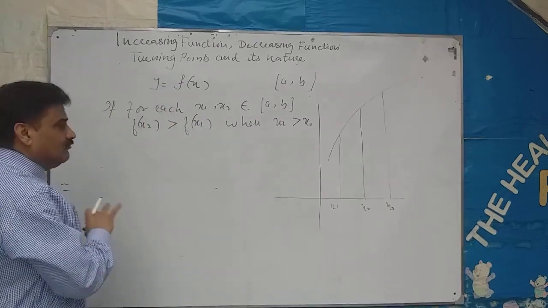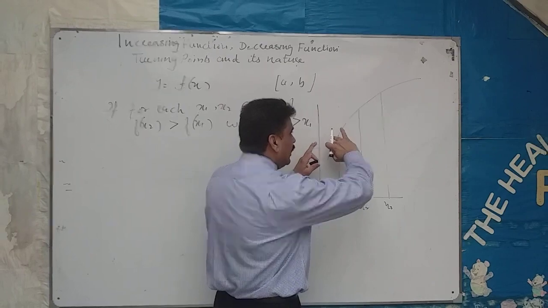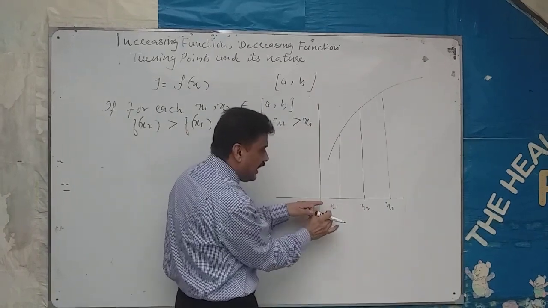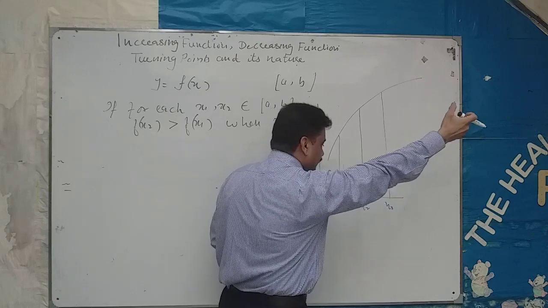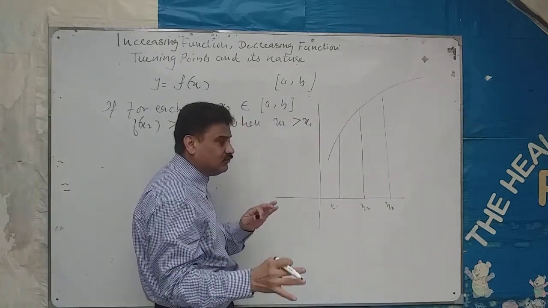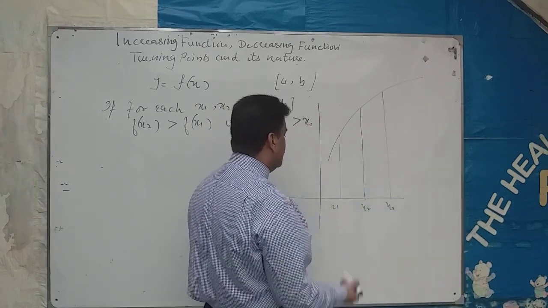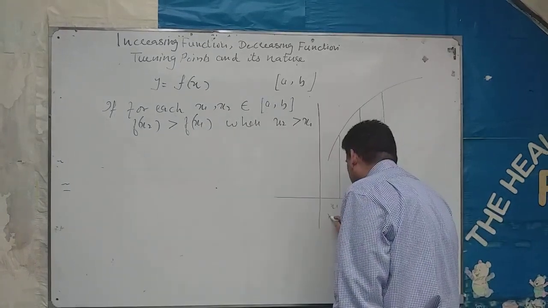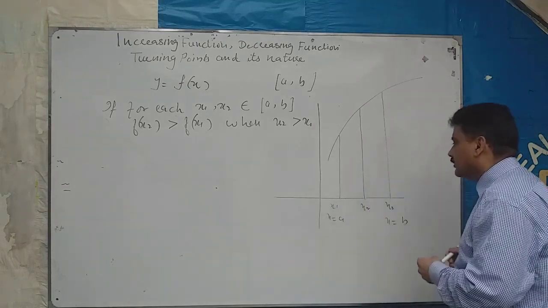Now when we move very slowly along the curve from x1 to greater values of x1, I mean to say when we move to the right side of the x-axis, from x equal to a to x equal to b,